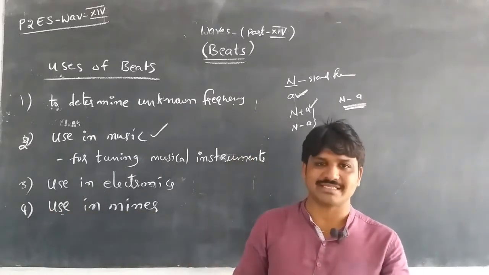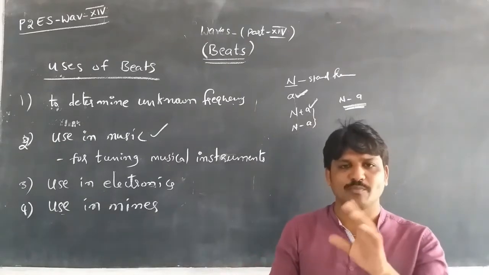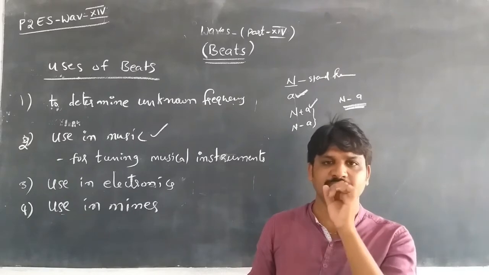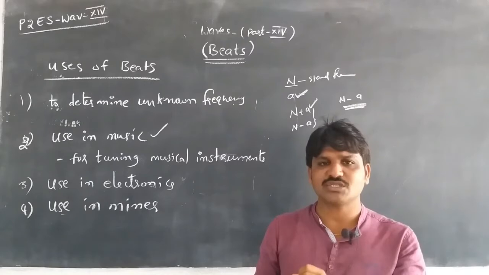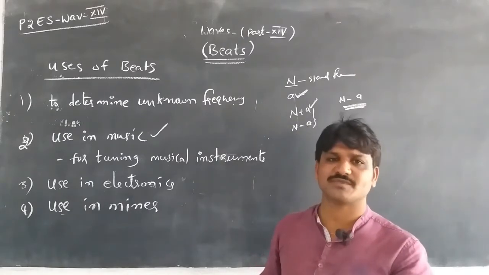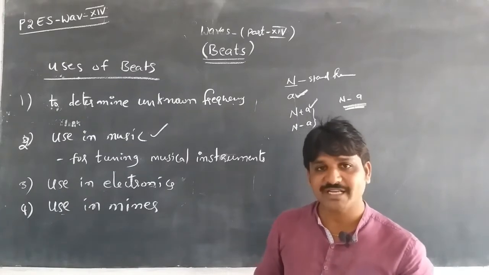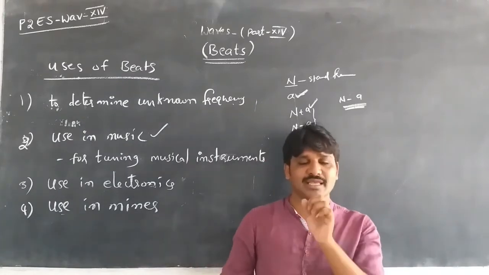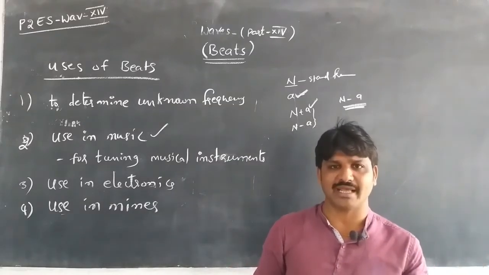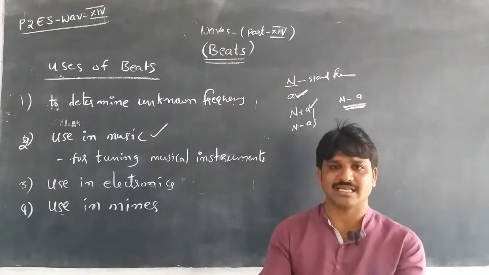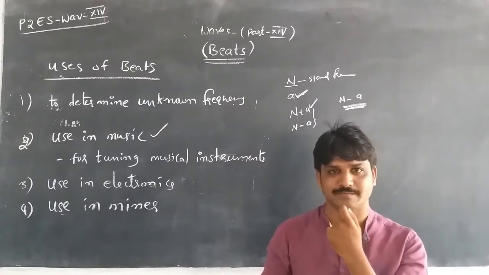and beats are used in electronics also, and in mines, like coal mines. In coal mines, two pipes are blown and the beats are heard. In mines, if the same frequency of sound is obtained, there are no dangerous gases formed in the mines. If lighter gases are formed, then the frequency is higher than the frequency in normal air. Then they detect the dangerous gases in mines by the difference in beats.